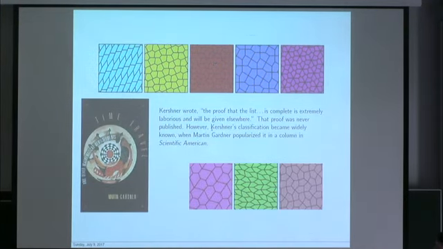So nothing more happened after Reinhardt for 50 years, till 1968. Kirchner found 3 more families of tiles, and this became popularized by Martin Gardner in Scientific American. Kirchner wrote that he had a proof that the list is complete, but he said it's extremely laborious and will be given elsewhere. Okay, famous last words. His classification became widely known,